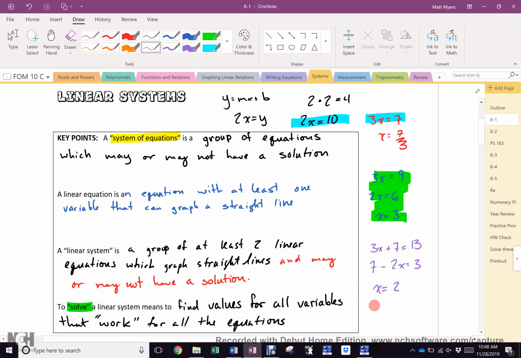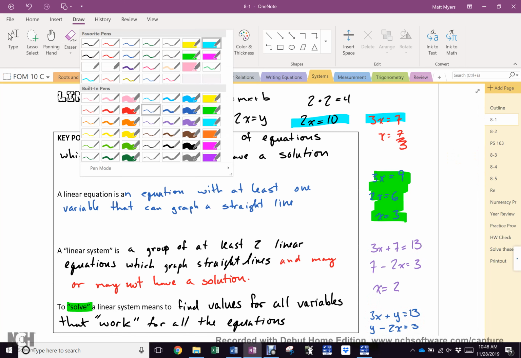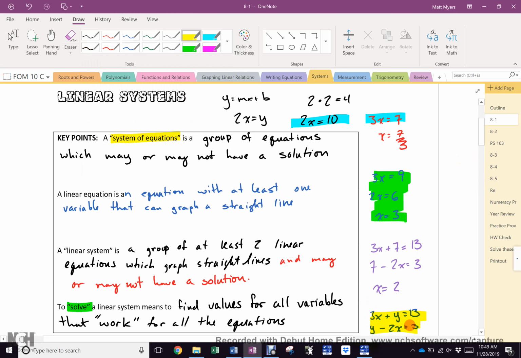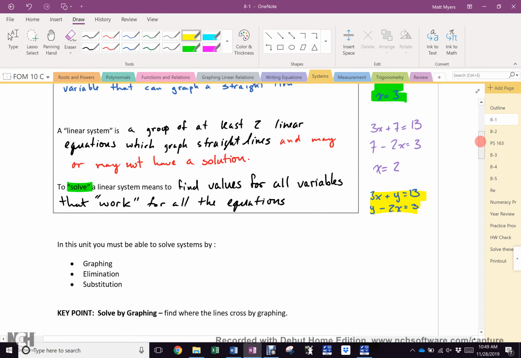What if I told you it was this? 3x plus y equals 13 and y minus 2x equals 3. Barf! Correct? Okay, let's deal with how to solve these yellow ones, because you all can solve the easy ones,